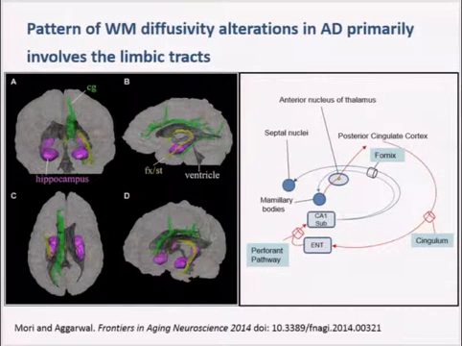So this atlas includes the fornix and the cingulum tract, as shown here. It also includes the entorhinal cortex white matter, which is not shown here, but the entorhinal cortex white matter includes